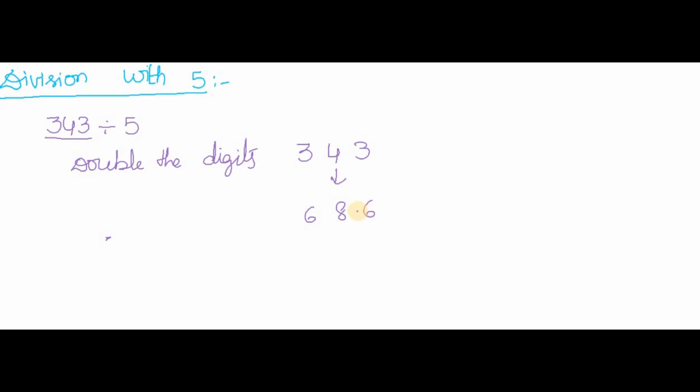And what should I do? I should keep a decimal point before one digit. So the answer is this. Now we will check whether it is right or wrong with our original procedure. Compared to 5, this is smaller, so we'll consider 2 digits. 5 6s are 30 because 5 7s are 35, and 4 will come down, 3 will come, 5 8s are 40.